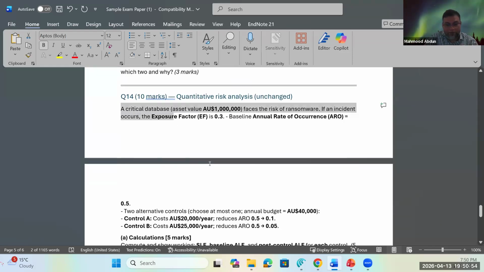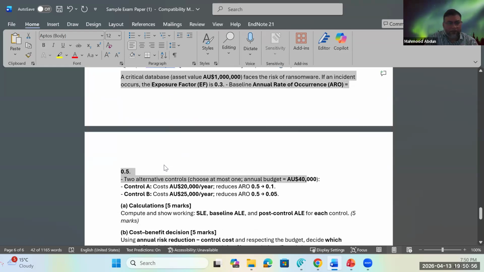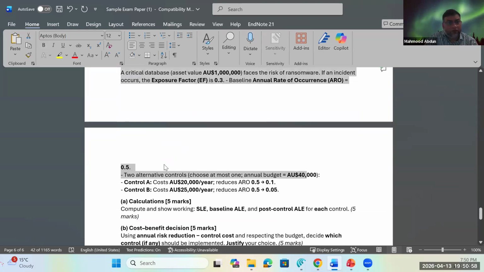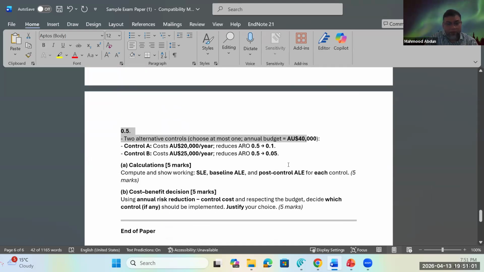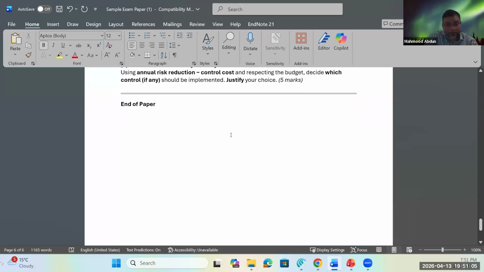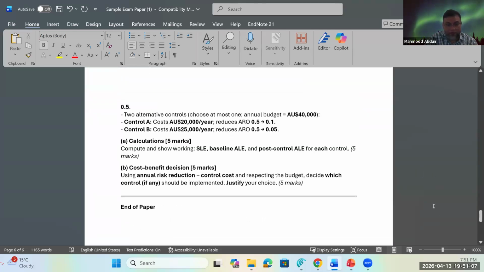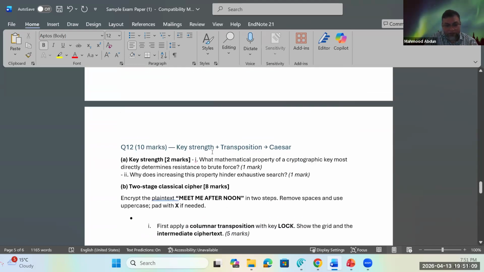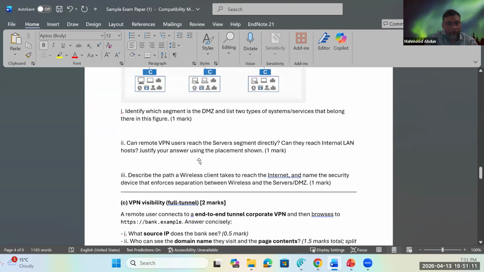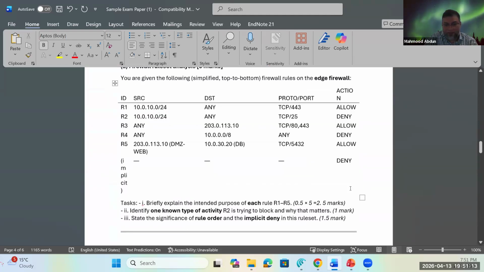Now, this is an example of an actual question, and you have answered this question multiple times, even for the quiz. So this is something you need to be able to do: calculating CBA, risk analysis, and these kinds of things, right? That's it. So you can see that each of the questions dealt with the kind of topics, and that's how